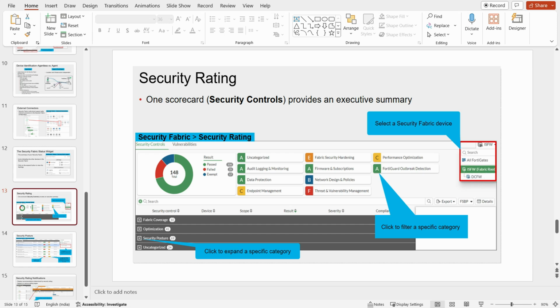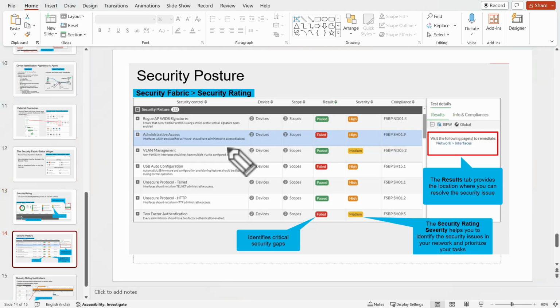Basically, in your security infrastructure or security fabric, if you see any issues related to the security posture, you will get this in the notification tray. You have to expand this security posture and you will get it. Once you expand it, you can see these are the issues, with results passed or failed, like two-factor authentication failed, VLAN management passed. These are some information related to the security ratings. You can click it and you will get this information, and see why it came.